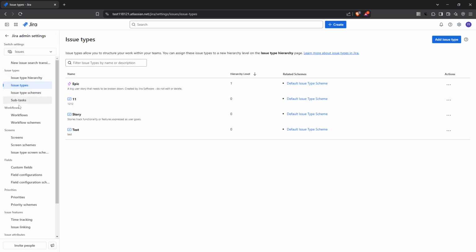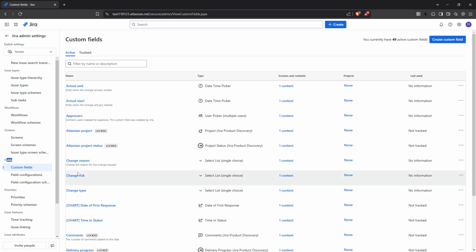Once you've navigated to the Issues section, glance over to the left-hand side of the screen. Here, under the Fields category, you'll see the option Custom Fields. Clicking on this will bring you to a list of all the custom fields that have been created in your Jira project. This area effectively acts as a directory, allowing you to review and manage fields tailored to your project's